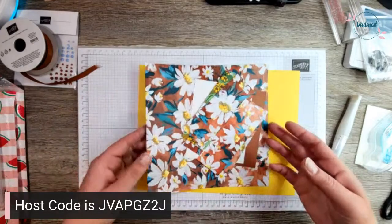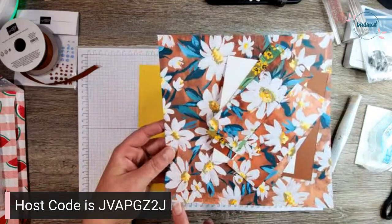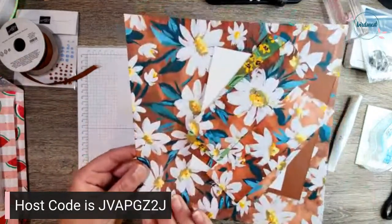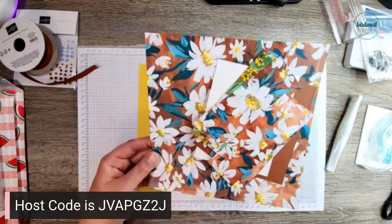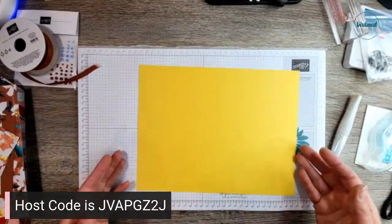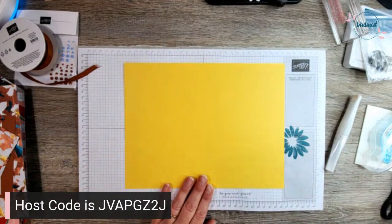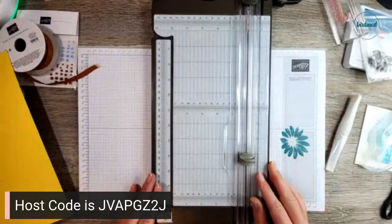So let's start. We're going to use this beautiful copper, what is this color called? Oh my goodness, copper clay background. It's got some beautiful, pretty peacock, a little bit of yellow, some wild wheat. Oh my goodness, I just think it's beautiful. So we're going to use that. But the first thing we're going to do is start with a full 8.5 by 11 piece of cardstock. Okay. And then we're going to bring in our paper trimmer,